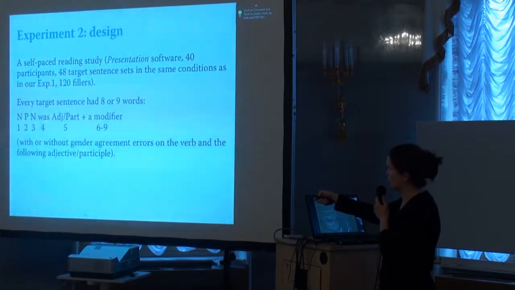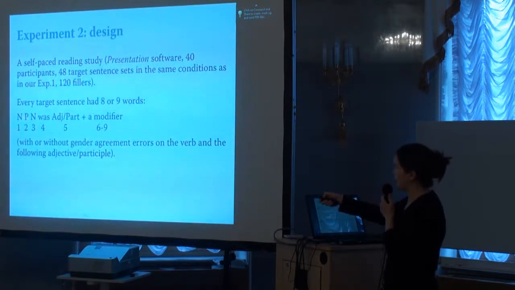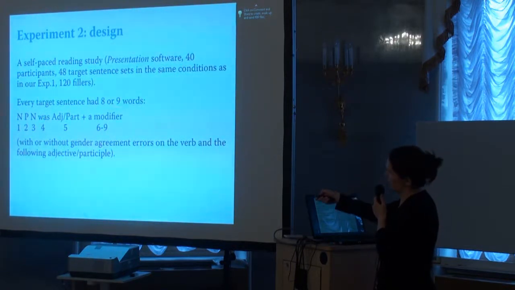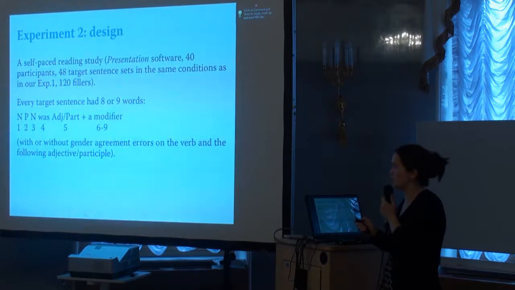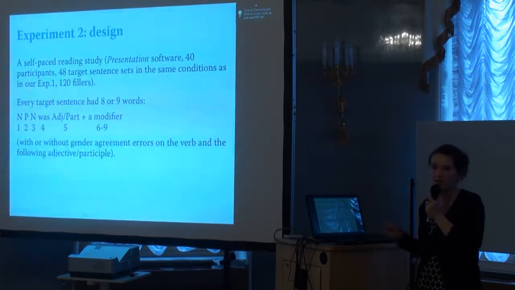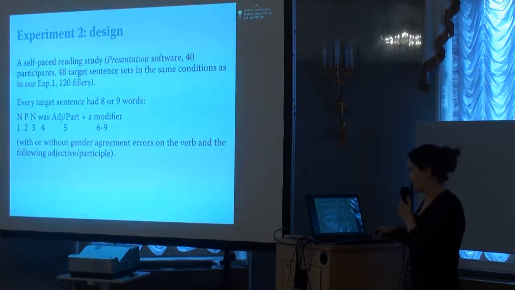The verb to be in the past tense in singular shows gender agreement, and the adjective or participle also shows gender agreement. And then there was a modifier that consisted of 3 to 4 words. So these sentences and the filler sentences were presented word by word in a self-paced reading experiment, meaning that the